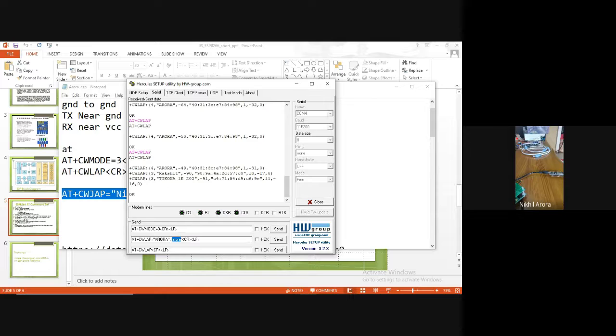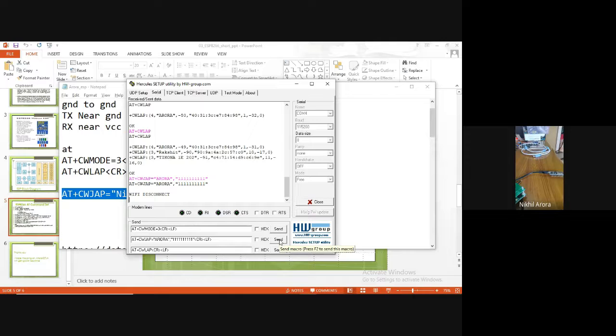This is called a plain text protocol, and this kind of protocol is very harmful. 11111, 12345. I forgot, let's see what it is. Wi-Fi disconnected, because the password is not correct.